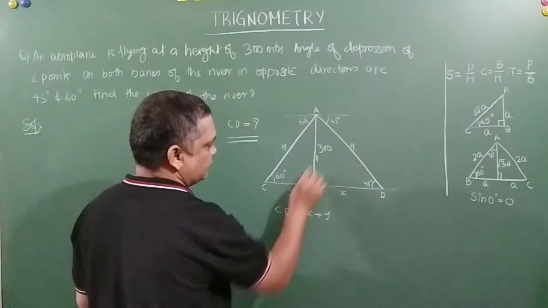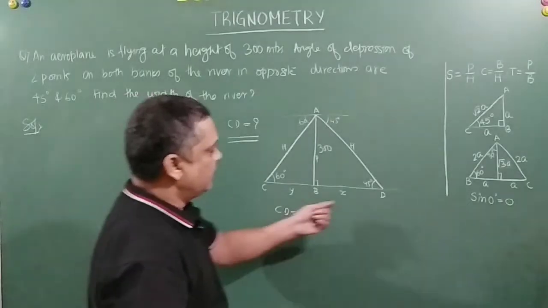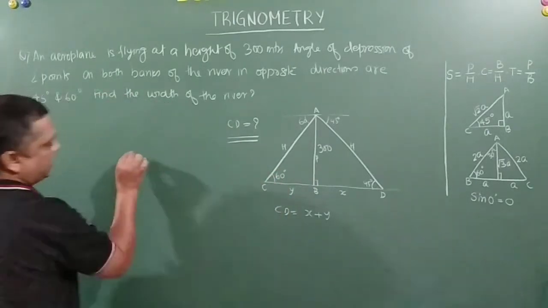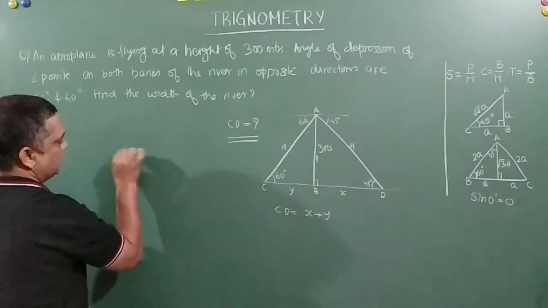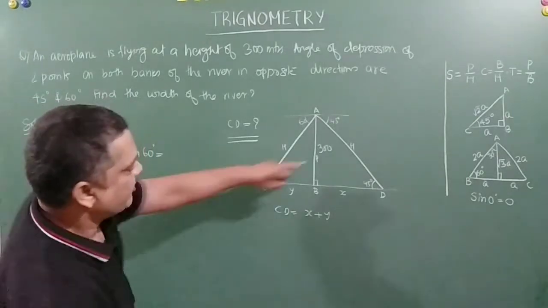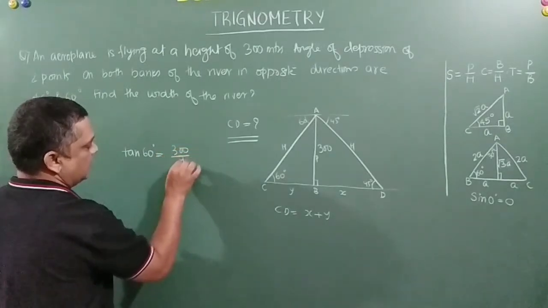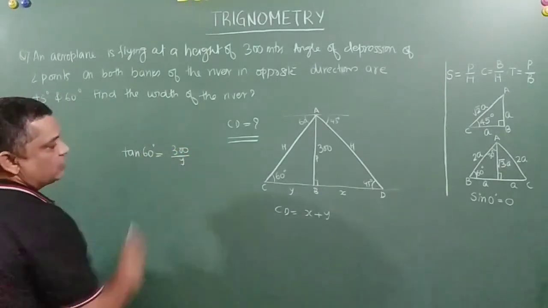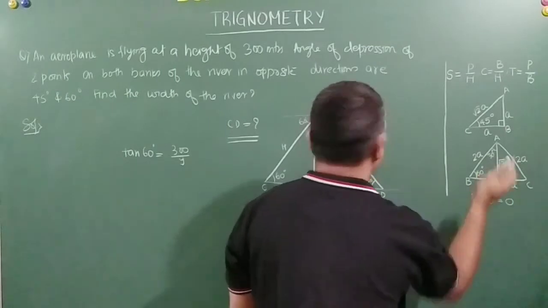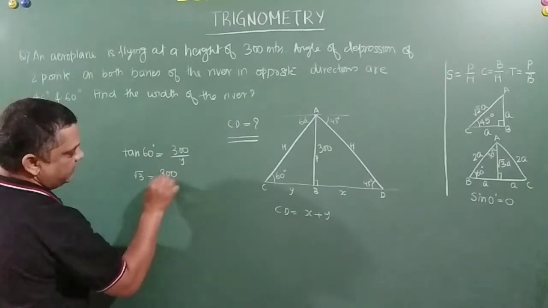There are two sides here, so perpendicular. I'll leave it as X and Y. Okay, so we can definitely do it, right? So in this, can we use tan of 60 degrees? Okay, tan is nothing but perpendicular by base. So tan 60 degrees is equal to how much, my friends? Perpendicular by base, that is 300 by Y. You are all there with me on this? Okay. So tan 60 degrees, perpendicular by base, right? That is root 3. Root 3 is equal to 300 divided by Y.